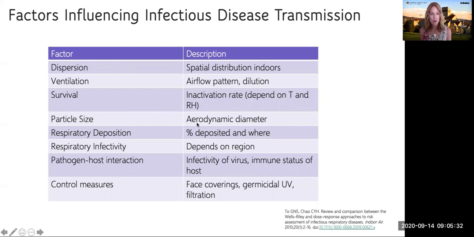And then very important is the aerodynamic diameter, which controls where it's going to go in the indoor environment, and also where it's deposited in the respiratory tract. And then how infectious it is depends on the region of the respiratory tract that has the receptors to enable the infection to gain hold. And then how infectious is the virus, and what's the immune status of the host. And finally, face coverings, germicidal UV, filtration, and ventilation are additional controls that influence how diseases are